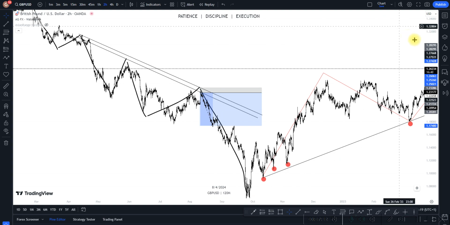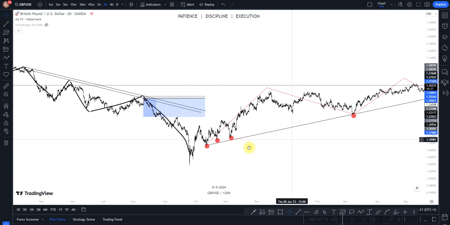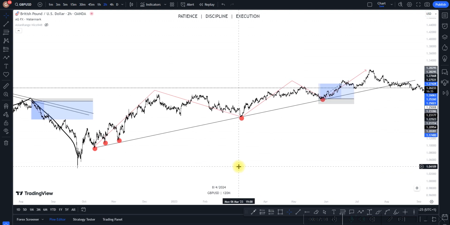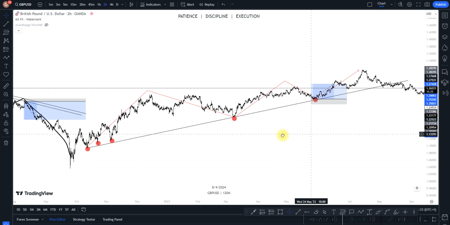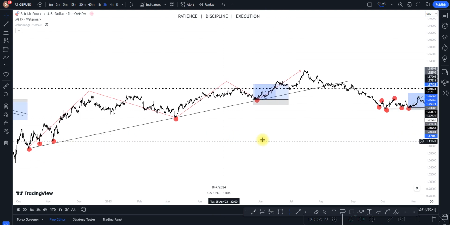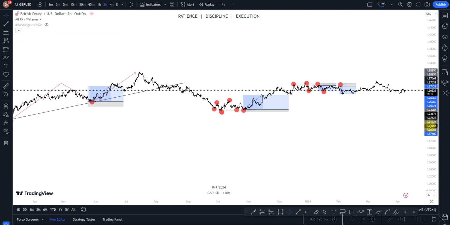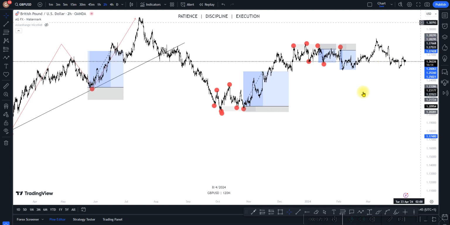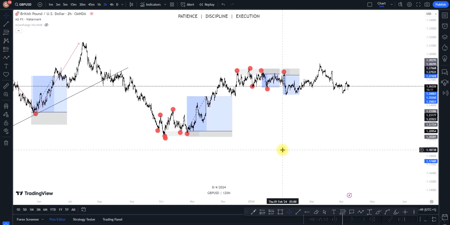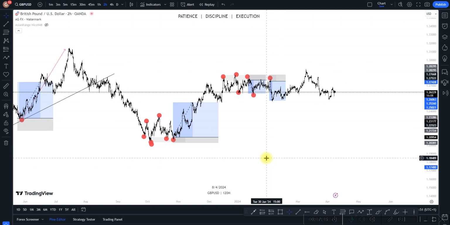So we'll make sure that we are able to connect 2 to 3 points before we say, okay, we have a valid horizontal support or a valid horizontal resistance, and at the same time we must see 2 to 3 touches before we say we have a valid trend line support or trend line resistance. But we must note, initially we are always being told that the more the touches, the stronger it becomes. But nowadays, I need to tell us that the more the touches, the weaker it becomes, especially after 3 to 4